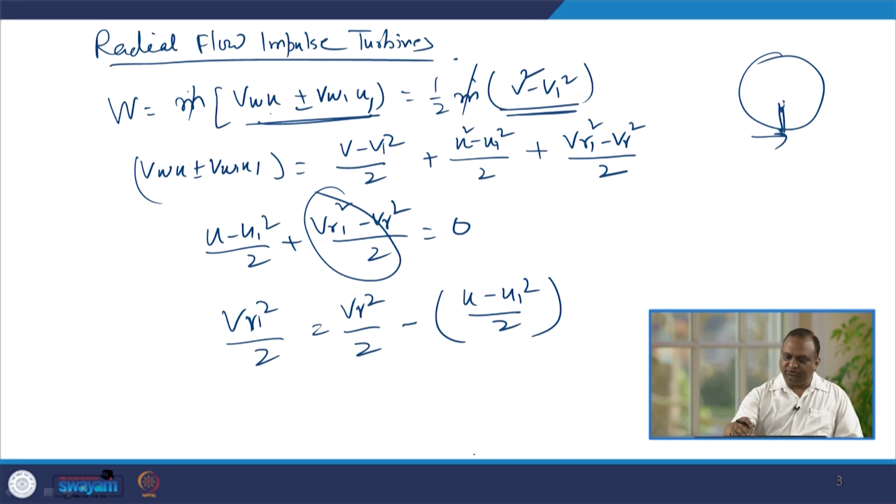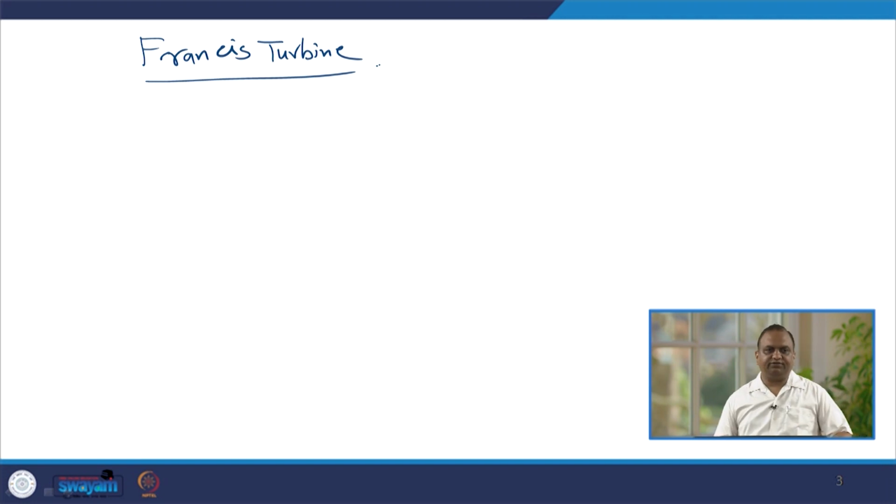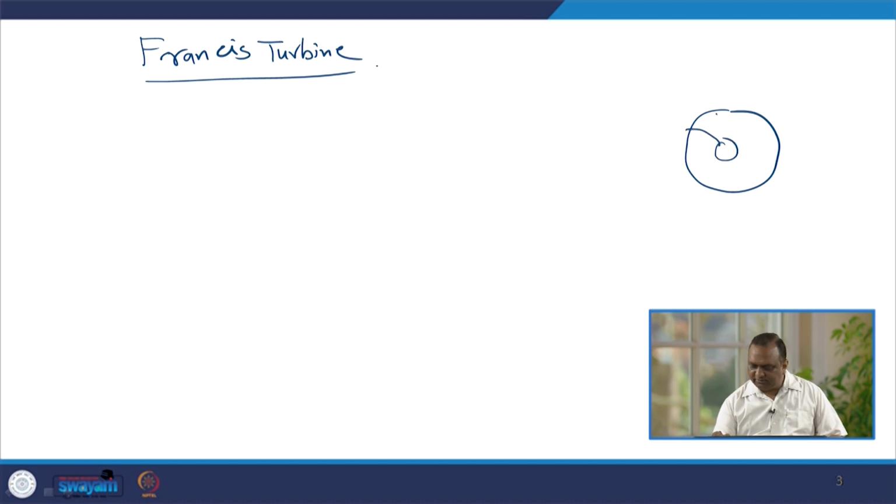Now, we will switch to some of the reaction turbines, and Francis turbine is the most popular turbine in this case. So, let us first understand the Francis turbine. Francis turbine is a radial flow turbine, and in this turbine the fluid enters from the periphery of the disc. Suppose this is a disc which rotates with a certain velocity, right, and it has an eye and it has vanes. So, fluid will enter from the periphery and will leave axially at the center.